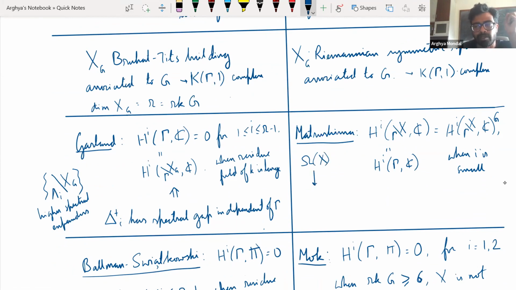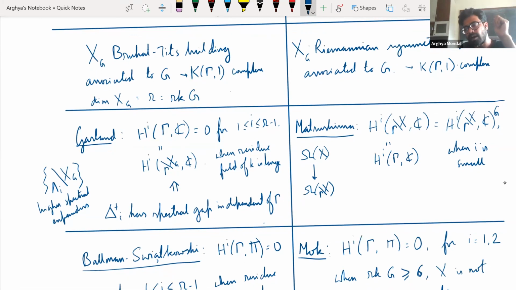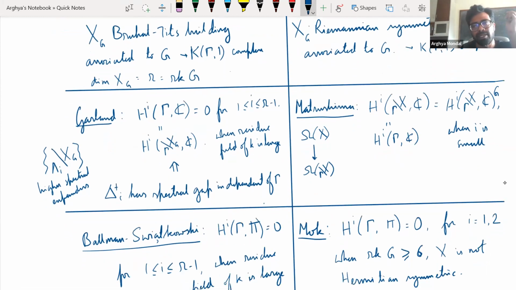forms there. So you just push it down. And whatever is pushed down, these are called G-invariant forms, and they give you cohomology classes. So what he wanted to see is up to what dimension these are all the cohomology classes. And for that, he used local criteria involving curvature to show that these two quantities are the same up to some dimension. And Garland took inspiration from them, and he also gave a local criterion which involves